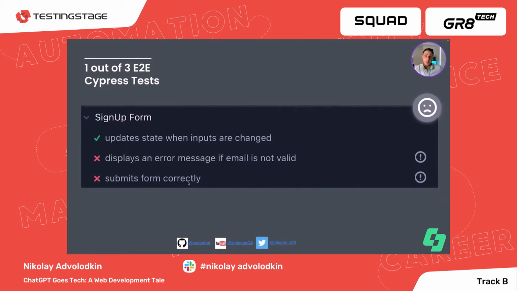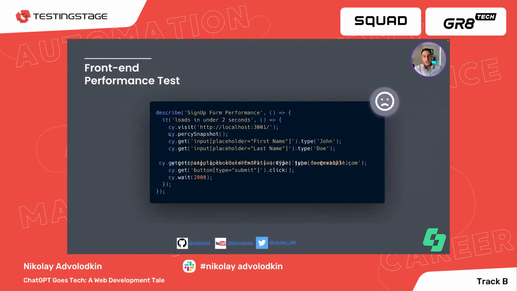Then I said, okay, what about a front-end performance test? How will that work? And so I asked it to generate me a front-end performance test. As you'll see here, this is what it generated, which is actually very interesting, because this has actually nothing to do with a performance test. You'll see it does a Percy snapshot, which is actually a visual test. And if you look down here for assertions, you'll see that there are no marks being checked inside of this test. So it's really interesting how it came up with this.